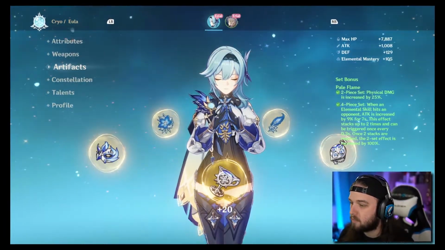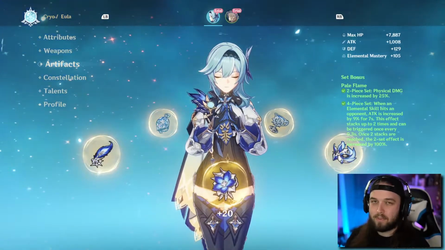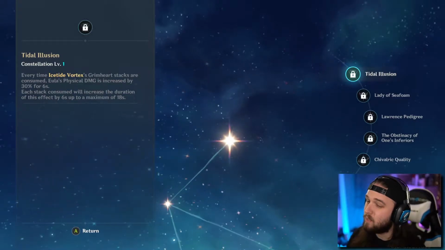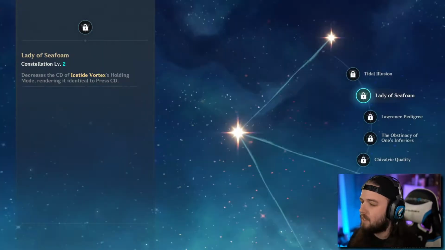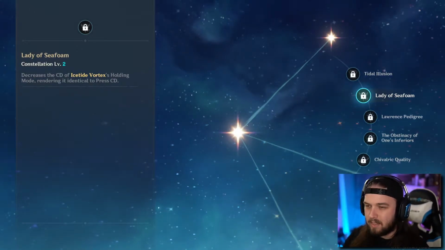But yeah, in general, you're going to want to run the Pale Flame set. That's definitely her best in slot artifacts. Now, constellations for her, I definitely think C1 seems like it's going to be really good. Now, I like C2. I don't think it's worth trying to get to C2 to get this effect, but I